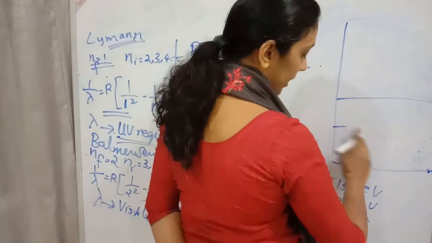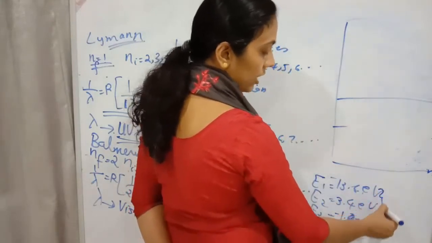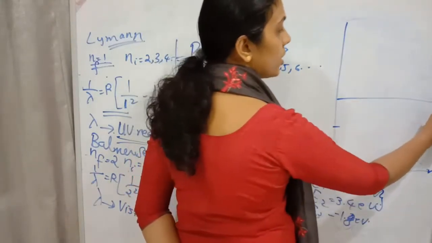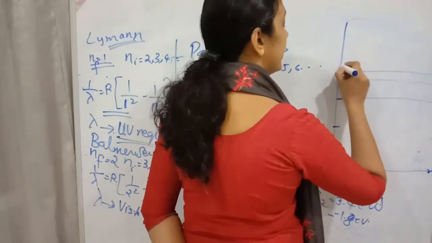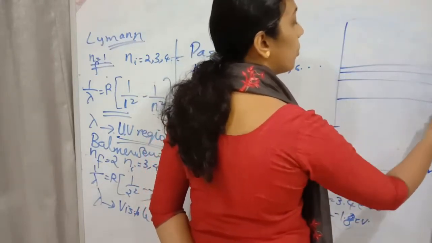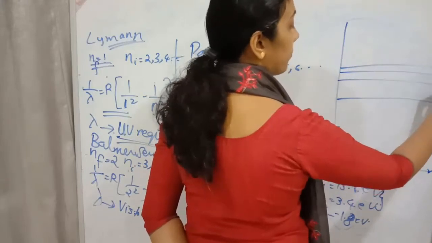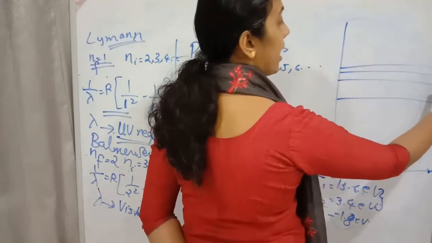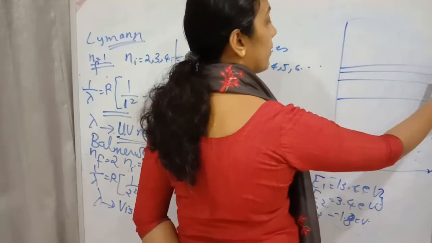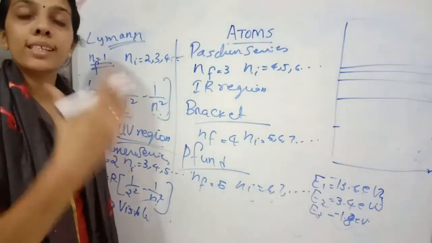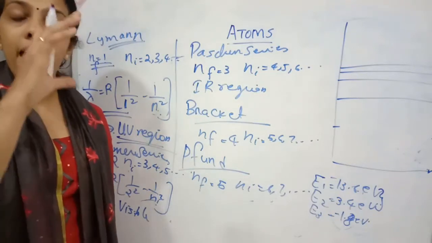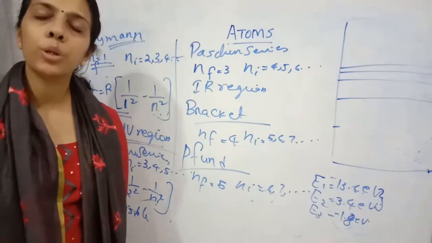So when we are finding out, see here, it is a huge difference between the first one and the second one. After that, when we are observing the energy levels, they are coming more closer to each other. n equal to 3, n equal to 4, n equal to 5 and all are very much closer. As the n value is increasing, the energy levels are coming more closer.